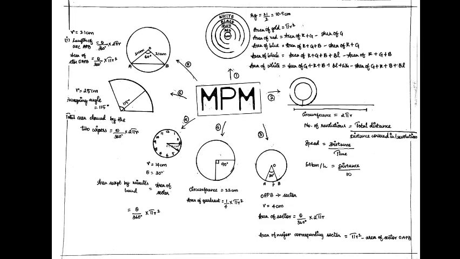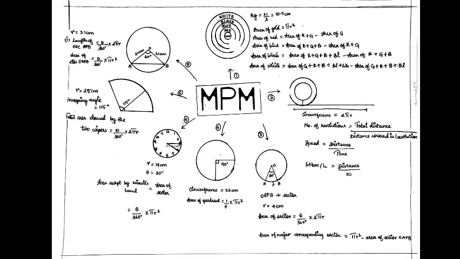The third figure is a sector problem. So they have mentioned that OAPB is a sector and they have also given the theta, that is angle 30 degree, and they have also given that radius is 4 centimeter. So we are going to find the area of sector and the major corresponding sector.